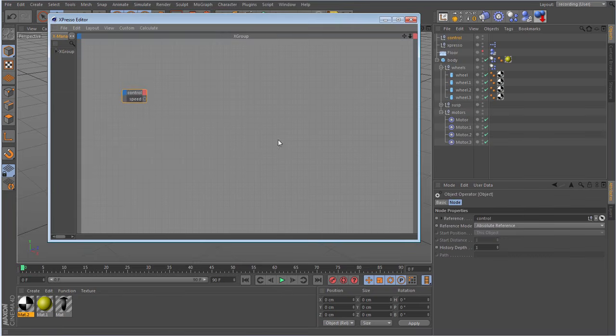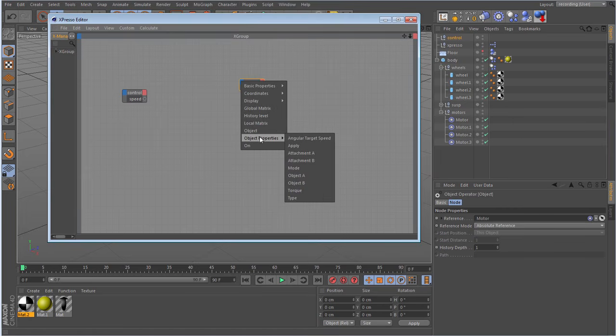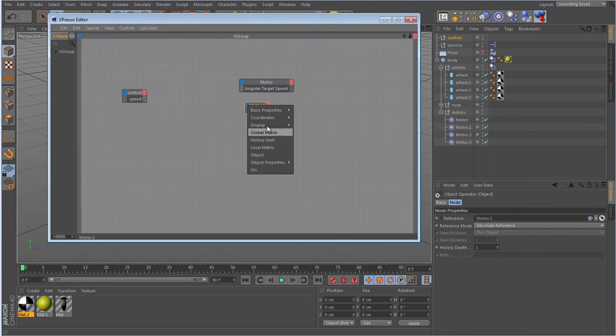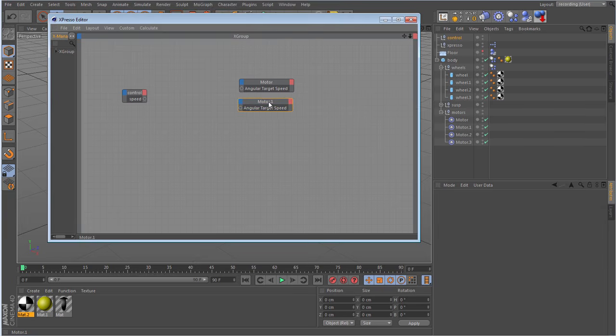Okay, well this speed is going to be driving the motors, so let's drag the motors in one at a time. And the value, again this is going to be on the left-hand side because this is an input. The value we're looking to drive here is angular target speed. Okay, I can drag another one in. Angular target speed. By the way, if you can't see all the words in the node, just hold down Control and double click the title bar, and it optimizes it.